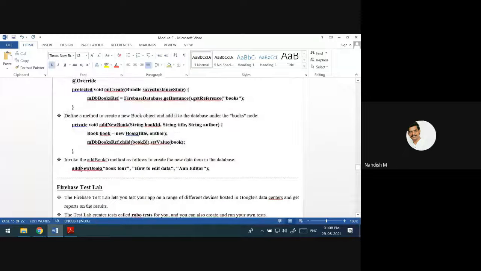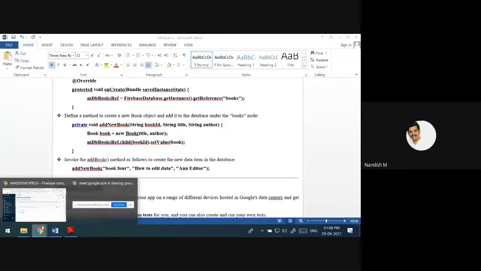You have to pass like this: addNewBook, then book 4, how to edit data and an editor. From here, the call will go here. Then dot child setValue, it will pass this book object. Then that gets an entry in the Firebase console.